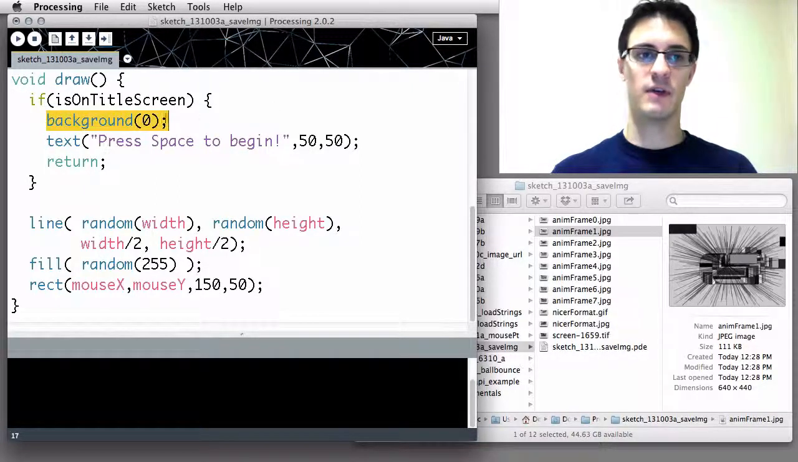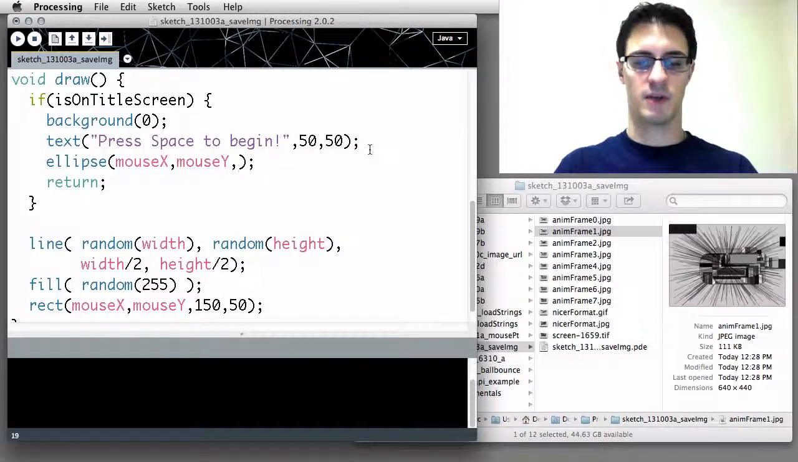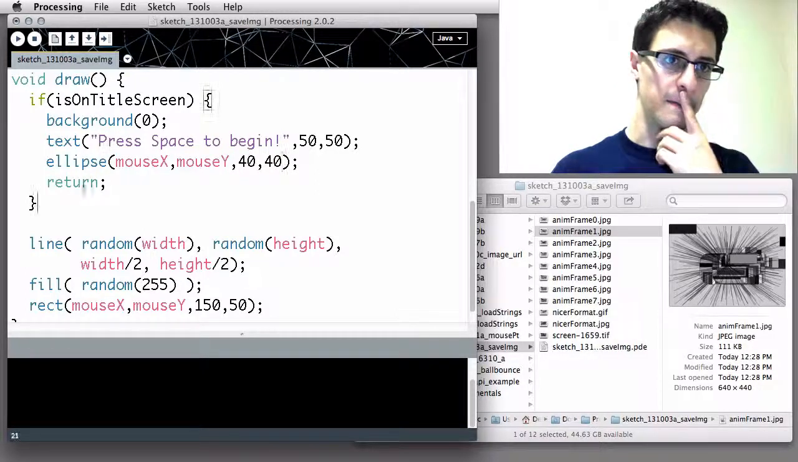So it's going to draw the background, it's going to redraw the space. We could even draw an ellipse at the mouse, just to show that we're still doing live updating content on the screen. Mouse X, mouse Y. I don't want to create the impression that it's just a static image. Okay,